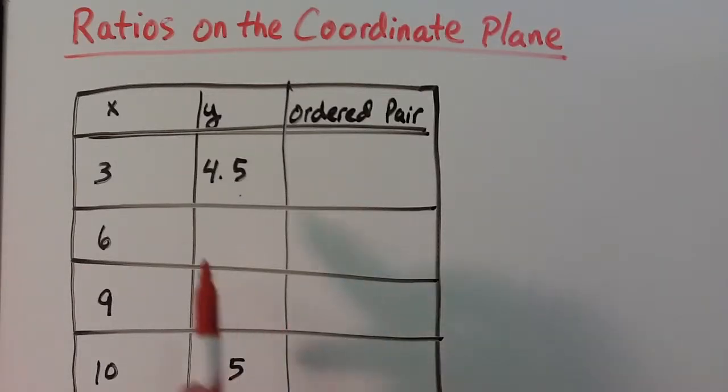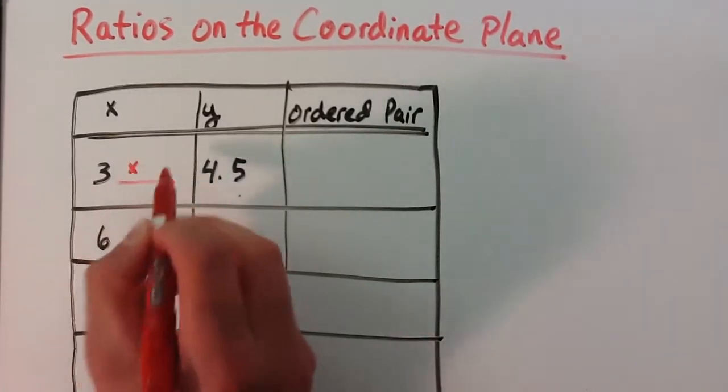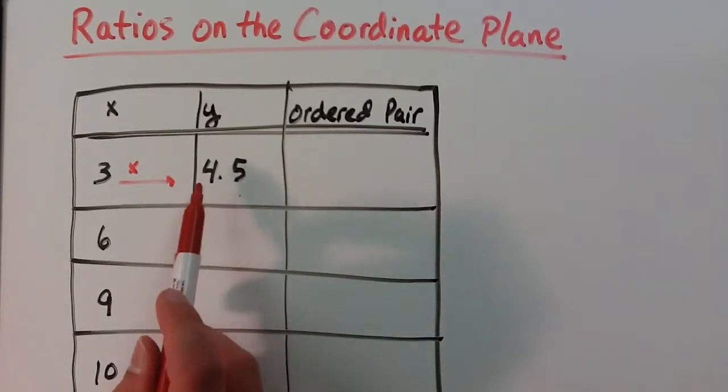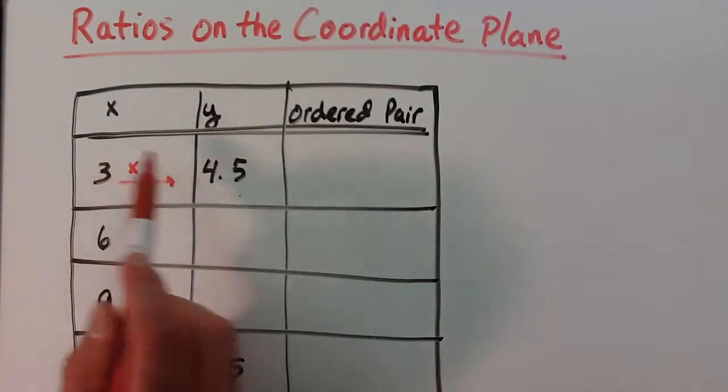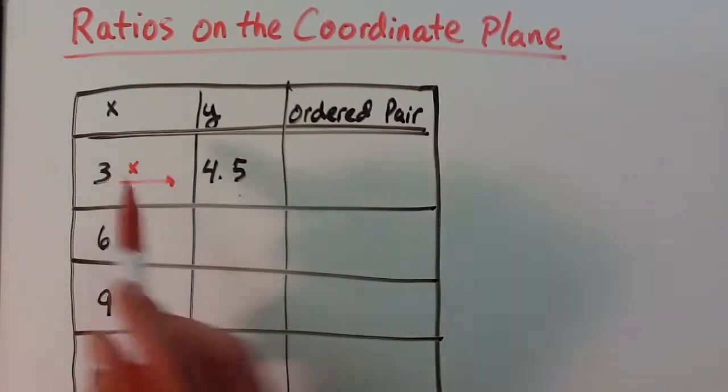Okay, so first off, we are told that the x value is 3 and the y value is 4.5. And so I should ask myself, 3 times what? 3 times what would be 4.5? Well, if I don't know what that is, because it's not obvious to me, I need to use my knowledge of the inverse of multiplication. Well, the inverse of multiplication would be division. And so if I were to go this way, from the y value to the x value, 4.5 divided by 3,